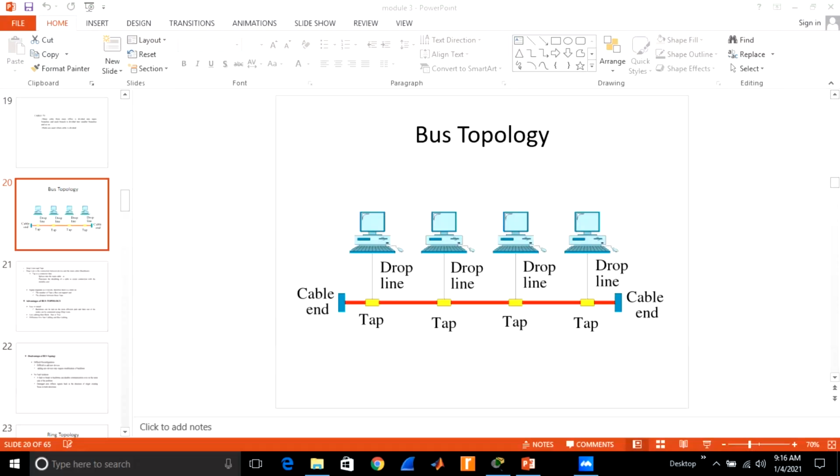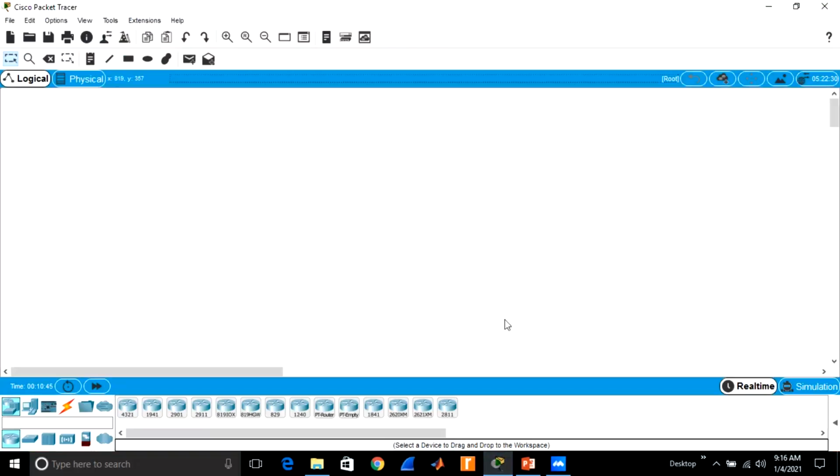For example, we want to design the bus topology. So for bus topology, we will use switches and computers.